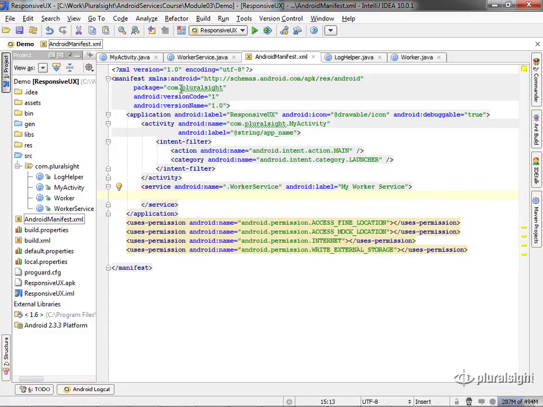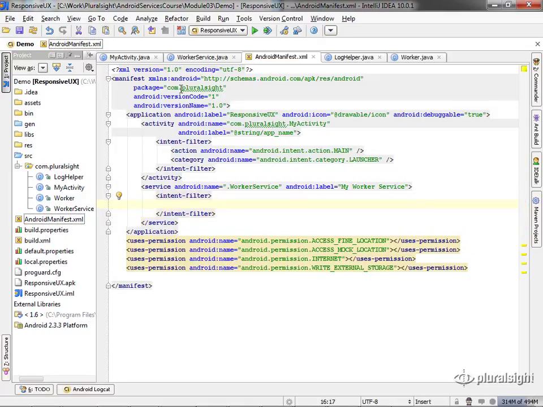Now, if we want to make this service available to be called from other processes besides our own, we want to put an intent filter in here. So let's go ahead and do that. We'll filter on action like we did in our previous examples. Again, we're going to put it inside of our package namespace here, com.pluralsight. All actions go inside of an action sub namespace. And instead of calling it do work, because I called it do work in the earlier examples, I'll just call it do work two. The point being that we don't want to have multiple services all responding to that same action. I mean, we could,